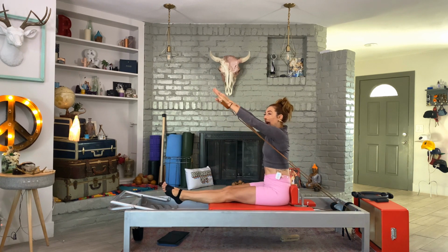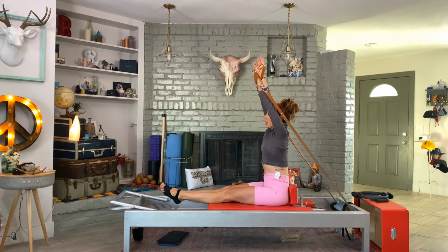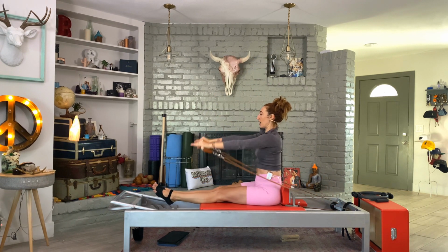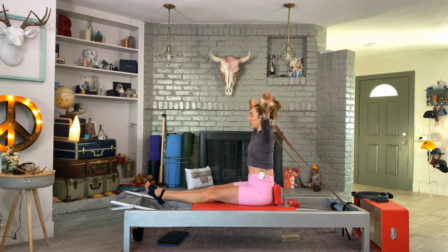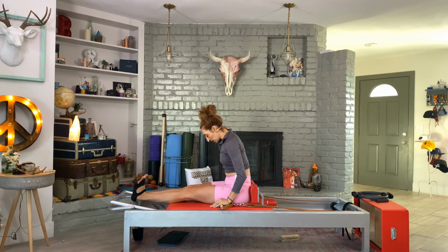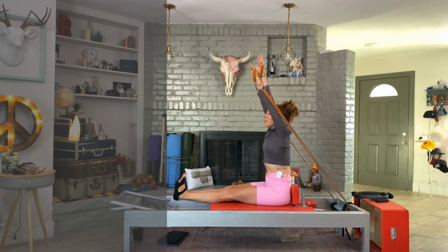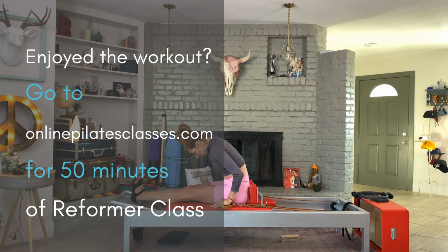How tall and long can you get your spine here? Because that's going to be our goal when we go into rowing 4. Reach, down, up, and open. Flex the feet. So now you go into that round shape. So it's not down. You're lifting up and over your legs. So I got to squeeze my outer hips together so I can ground my legs down. Slide those hands out. Lift up into your tall back. Woo! So you're reaching, your legs are pulling away